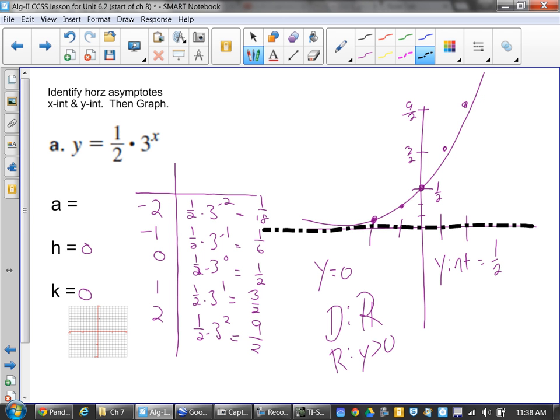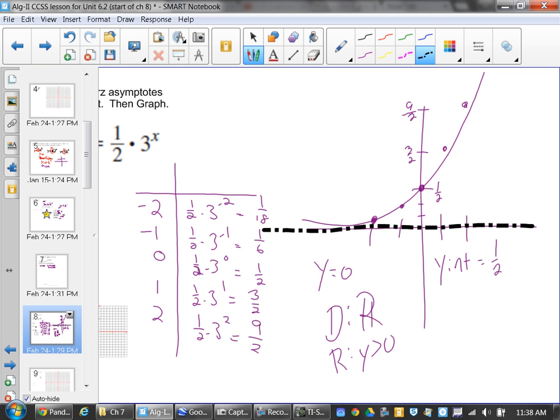Sometimes you'll have x-intercepts, sometimes you won't. X-intercepts might occur when you have a shift, and that's where that comes into play. So let's go and do